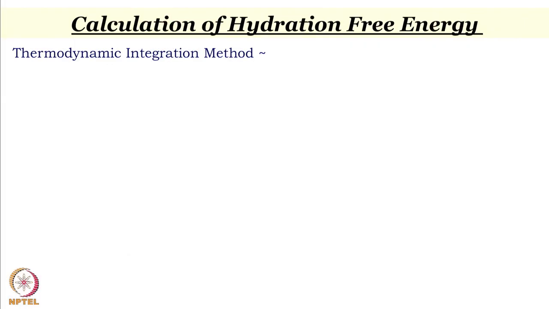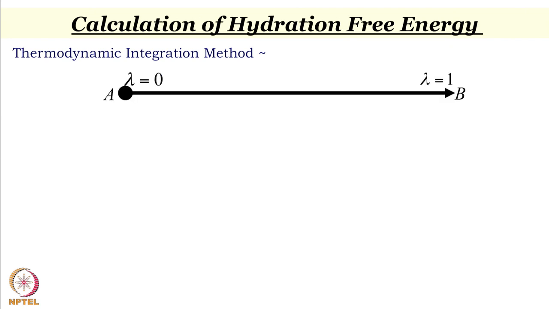So, can we have the next slide? Yep. So, in this slide we will see how to hydrate a particular molecule. Okay. So, this is called the thermodynamic integration method. What we do in this is insert a cavity in a liquid, and that cavity is initially not interacting with the medium, and in that cavity you put a molecule. So, when lambda equal to 0, that cavity does not interact with the rest of the medium. Now, slowly when lambda goes from 0 to 1, the interaction is completely established.